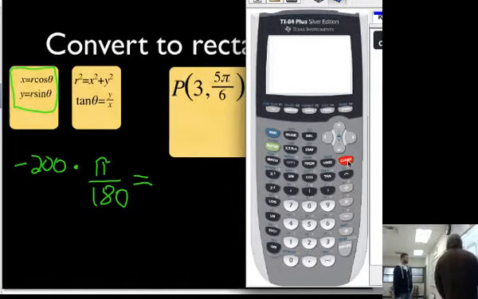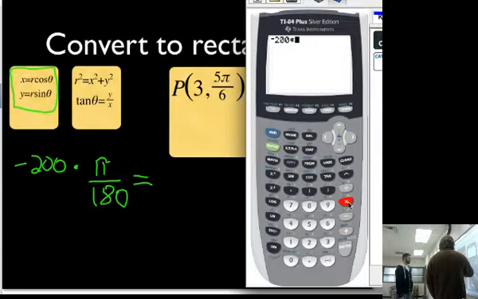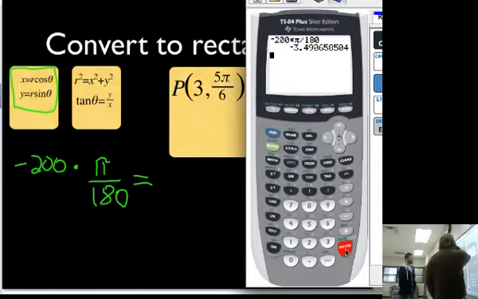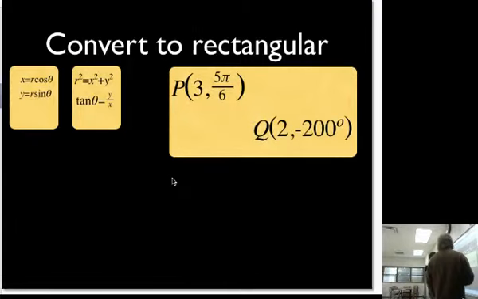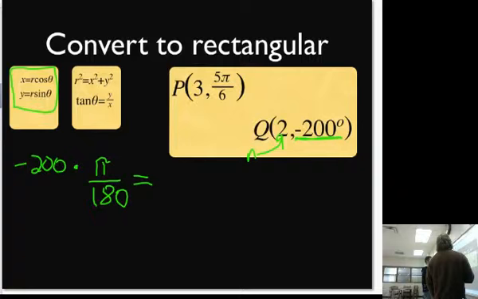All right, clear. So what do you want? Negative 200 times pi over 180. Pi divided by 180, and we're just going to leave it as an ugly number because it's not one we're used to. Negative 3.49. Can you agree with that? Yep. Negative 3.49. Alright, so if we want to go find the x and y coordinates, we're just going to go